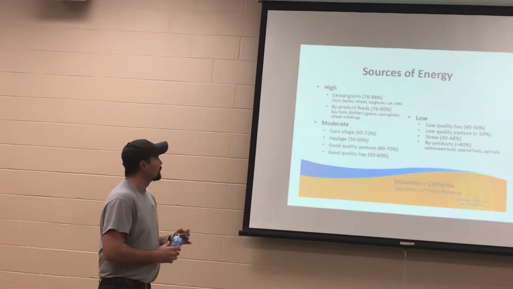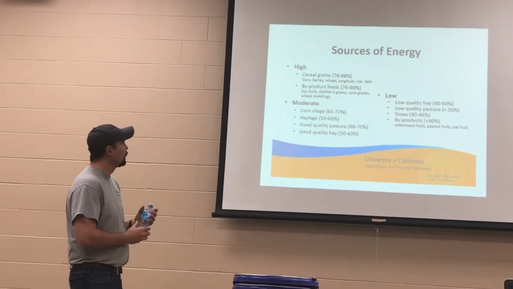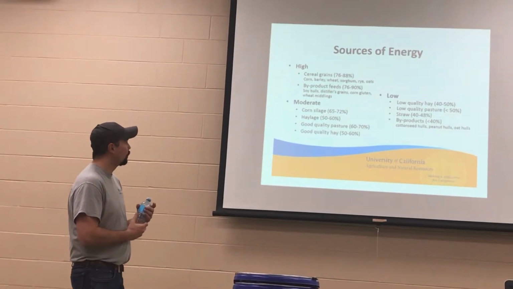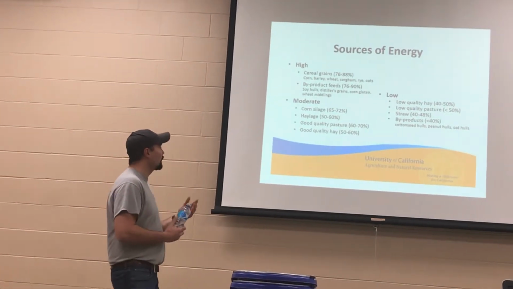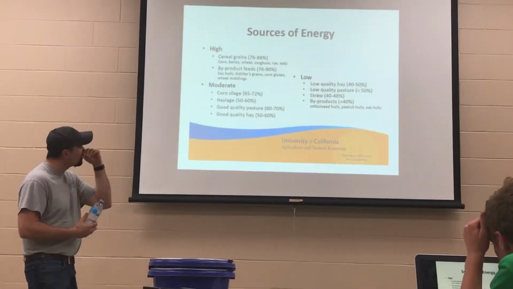Sources of energy: cereals and grains are high. Corn, barley, wheat, sorghum, byproducts of feeds, soy hulls. Moderate: corn silage, haylage. Be careful with haylage and how much you feed